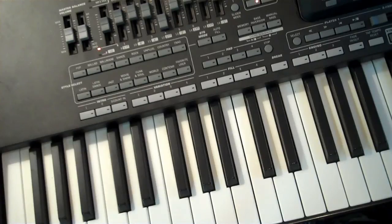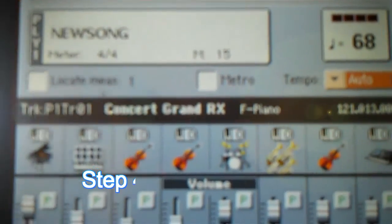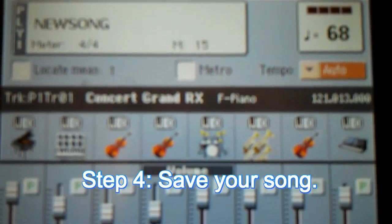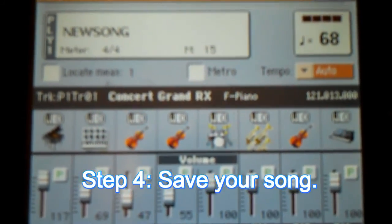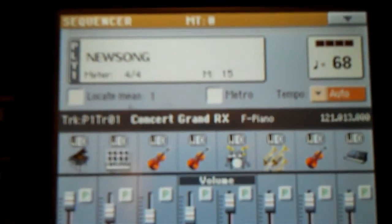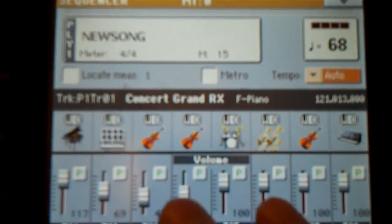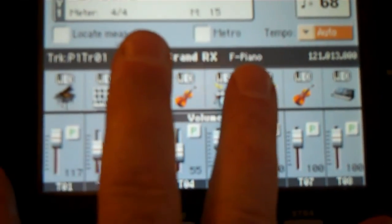Next step now will be how to go ahead and save and manage and add to those files. Recorded our sequencer. It's still named New Song. Basically at this point you've got a couple of options. If it's fine, you can leave it alone and save it, or if you need to change things on it, you can go into step record, or you can add parts by going back into your record mode and clicking